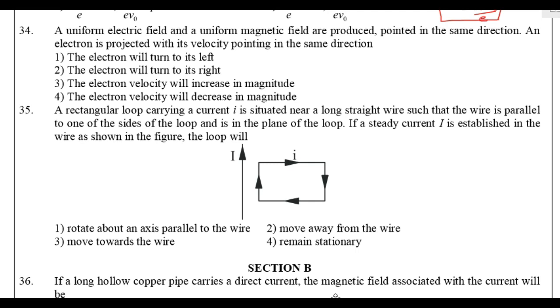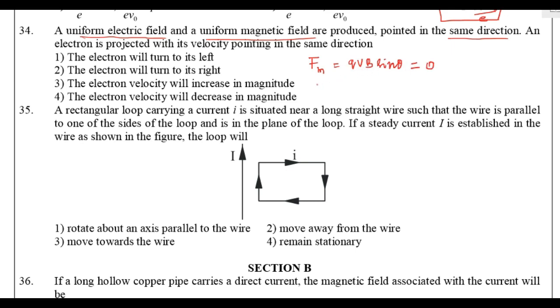A uniform electric field and a uniform magnetic field are produced pointed in the same direction. An electron is projected with its velocity pointing in the same direction. Then the electron will turn left, right, or increase in magnitude or decrease in magnitude. Now the force due to the magnetic field is equal to q v B sine theta. As they were projected in the same direction,